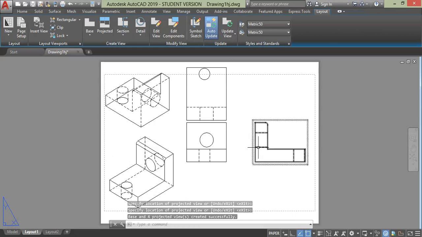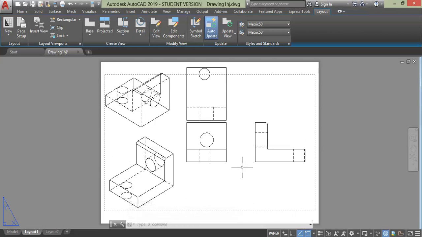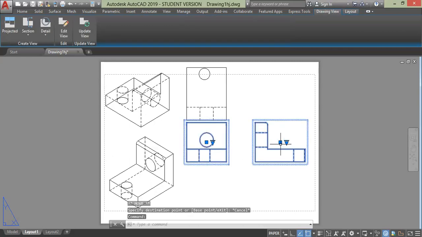First of all, before we do anything else, let's arrange our drawing. Click this and move. Notice that the drawing is moving according to the base view. Right now, I'm able to move this view towards right or left only on horizontal direction.